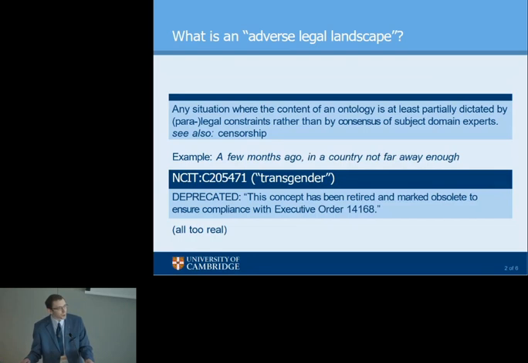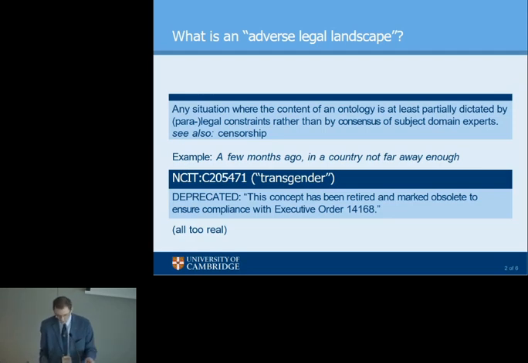Earlier this year, following Executive Order 14168 for, quote, defending women against gender ideology extremism and restoring biological truth to the federal government, end quote, the Trump administration forced the National Cancer Institute to obsolete from their NCI Thesaurus all terms pertaining to the concept of gender and the idea that it is distinct from sex. So censorship of ontologies is now a thing, which raises a lot of questions,